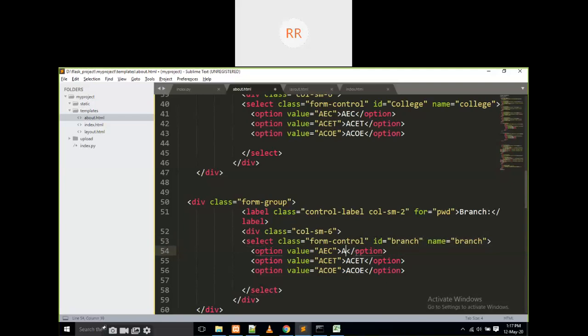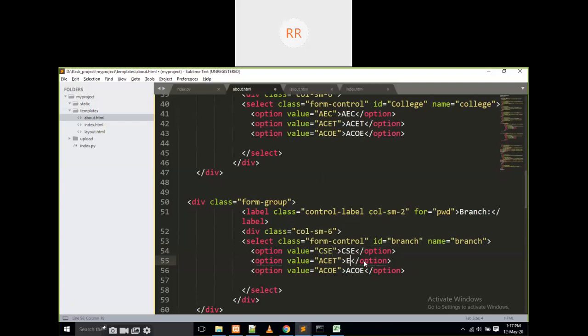And in branch, what are the values? CSC, and we have to maintain CSC here also. This is just a display text. This is a value. If you give it like this, this is going to be added into the database. The display text is not added. That's why we give the exact value.